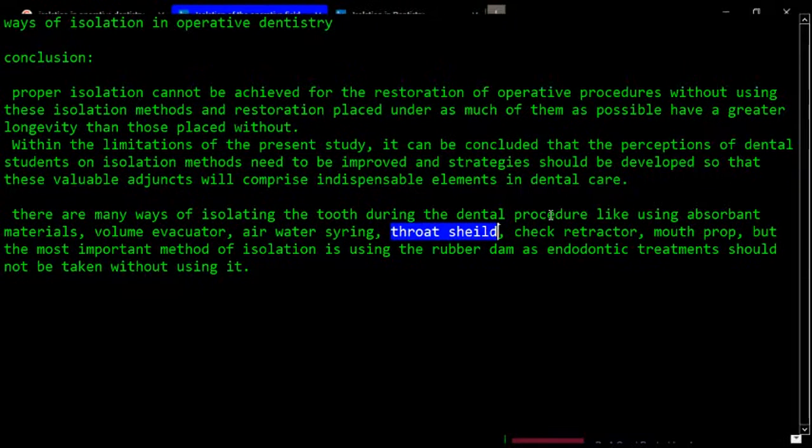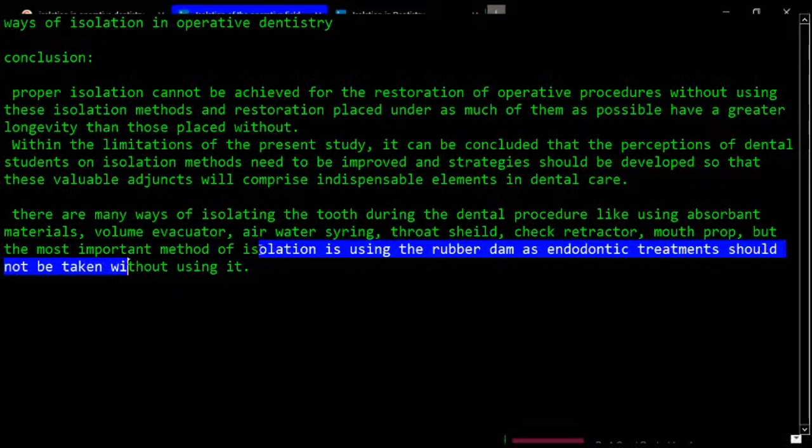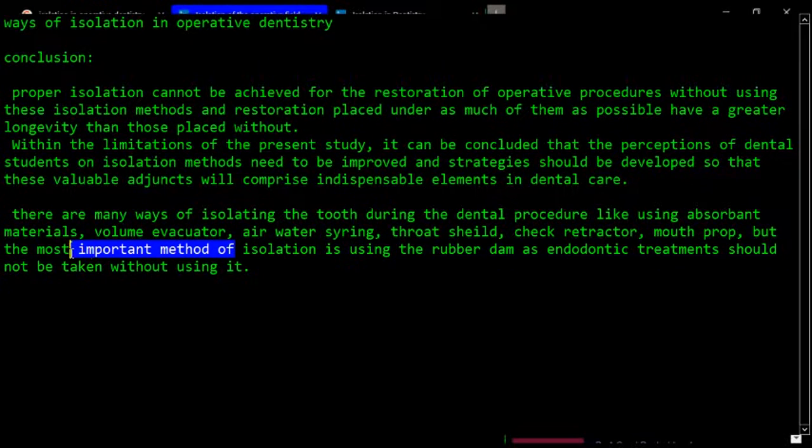We have the cheek retractor, the mouth prop, and of course the most important one was the using of the rubber dam,